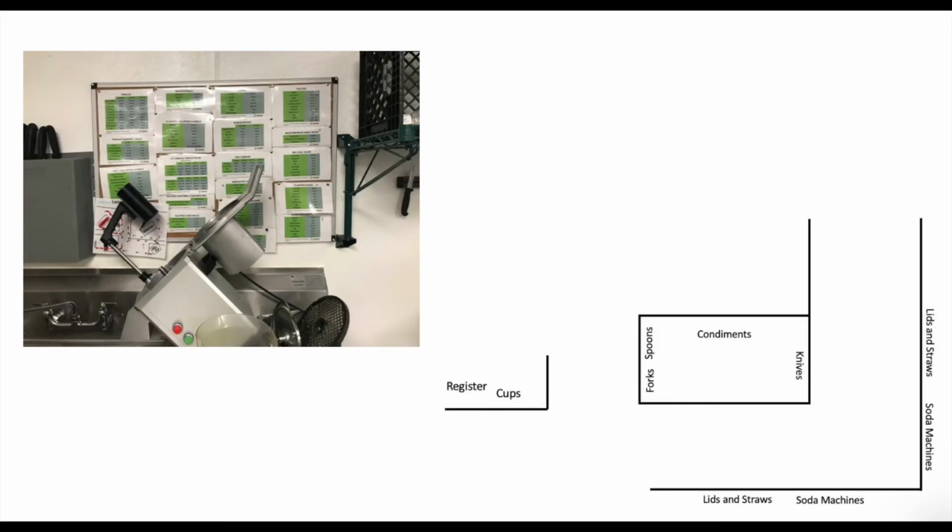All right, moving on to our two other suggestions. We have on the top left corner, the current recipe charts. And as you can see, the green part is the material needed for the recipe, and then the gray part is the amount of that material needed. So with all the material being green, it kind of is hard to see sometimes. So we would suggest to use alternating colors between those materials so then the workers can easily see it. And then for the bottom right of the slide is our new proposed layout for the post register